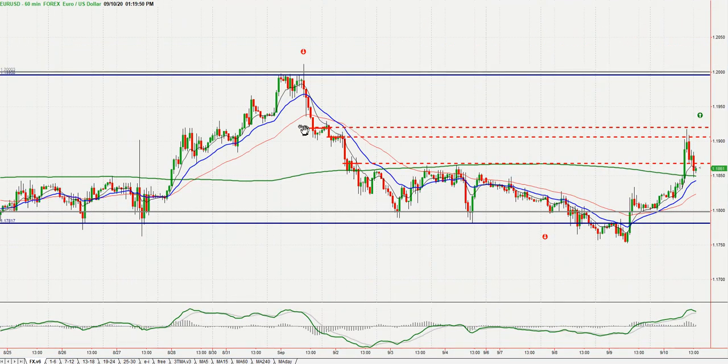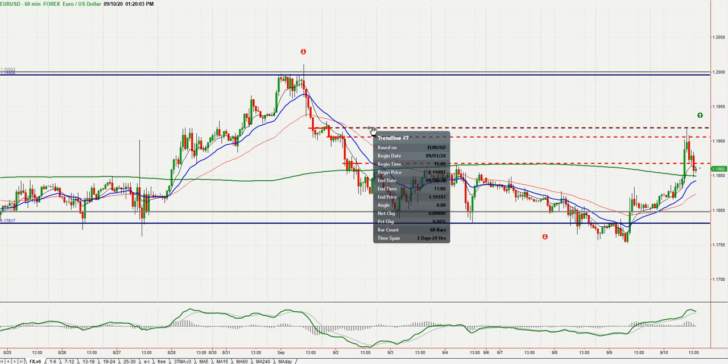And then on the 60-minute, well, I've plotted here these S1 levels. That was coming from the 5 minutes, and we can get a better overview on the 60 minutes. So I've plotted those levels. As you know, these are very important levels. Just bring it a little bit lower. That's basically